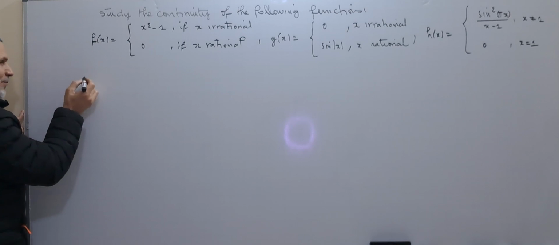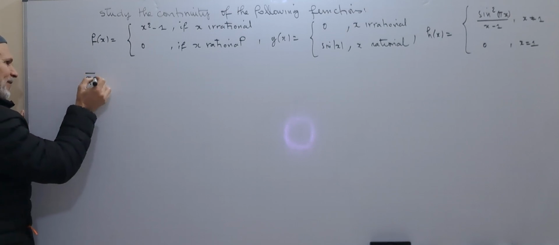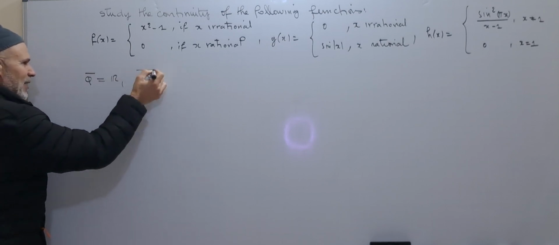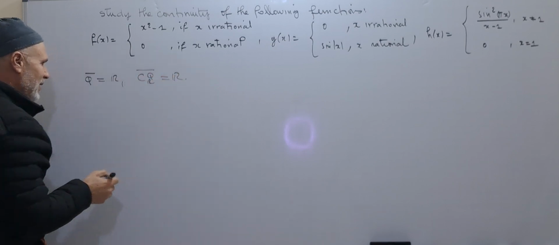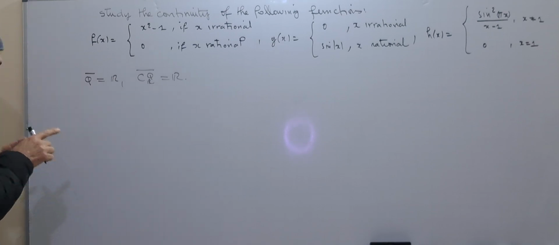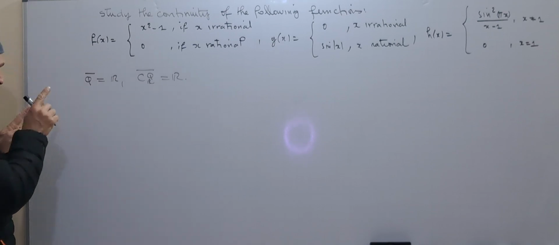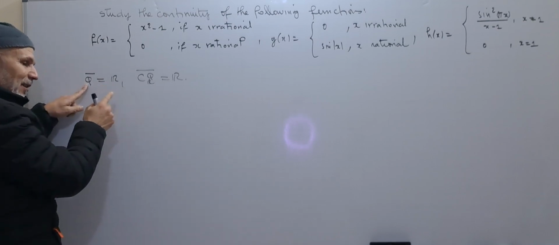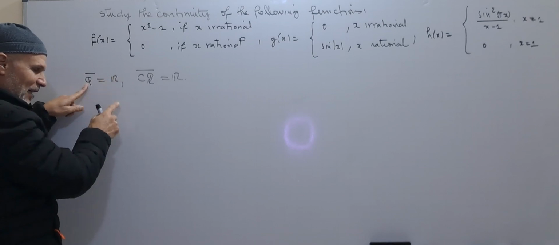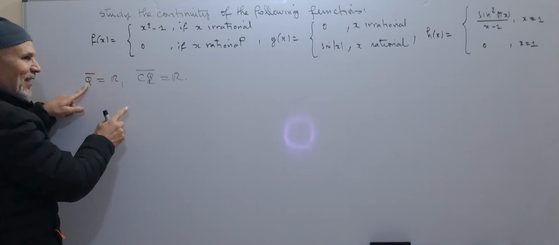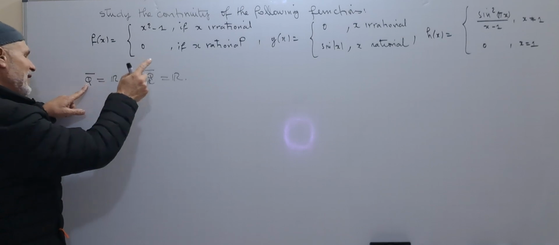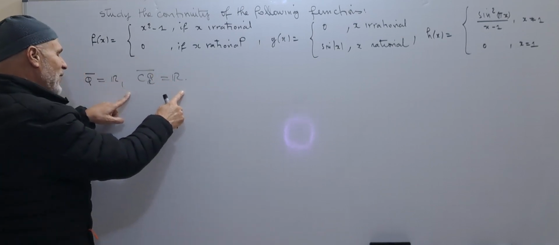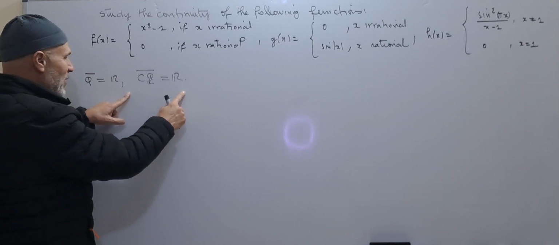We know that Q is dense in R and the complement of Q is dense in R. This means that between every two rational numbers we can find an infinite number of irrationals, and between two irrational numbers we can find an infinite number of rational